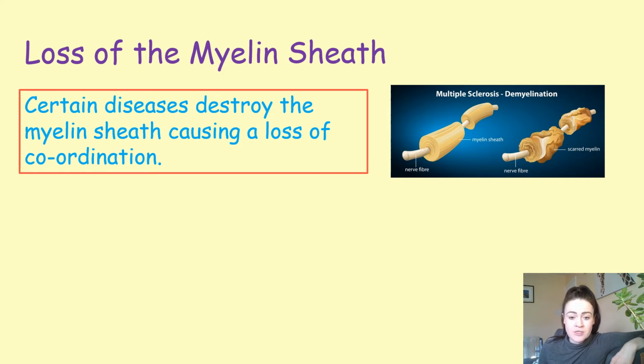Okay, now I'm just going to get my pen here. Now if you look at this diagram here, we've got an axon with a nice smooth myelin sheath. But then if we look at this diagram here, we've got something called demyelination, and that is when the sheath becomes damaged. And you can actually see the kind of scar tissue and damage there. So obviously this axon is not going to have an impulse travel down it as effectively, as efficiently as the